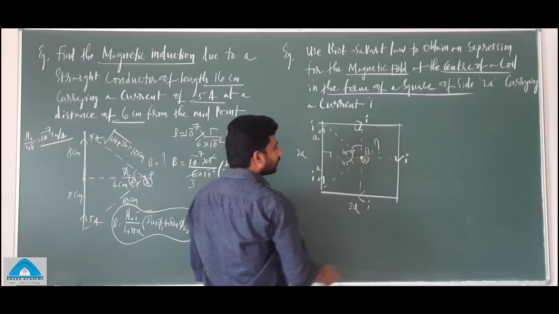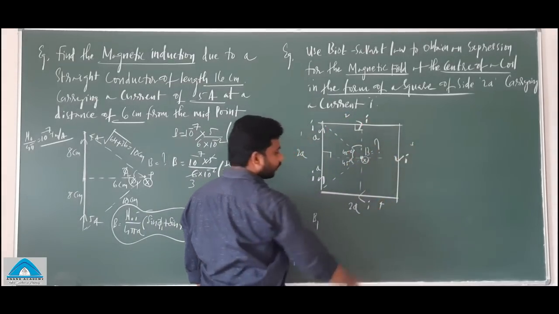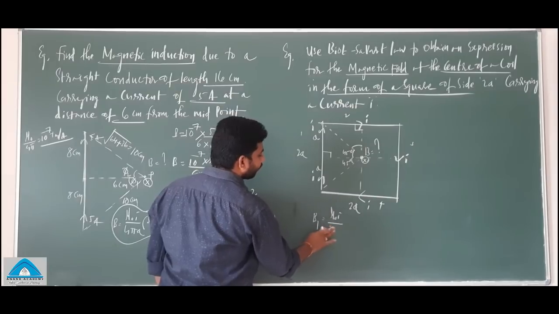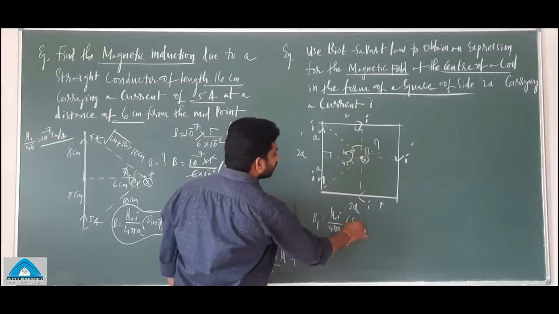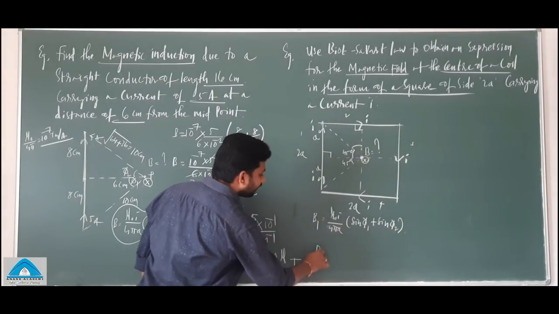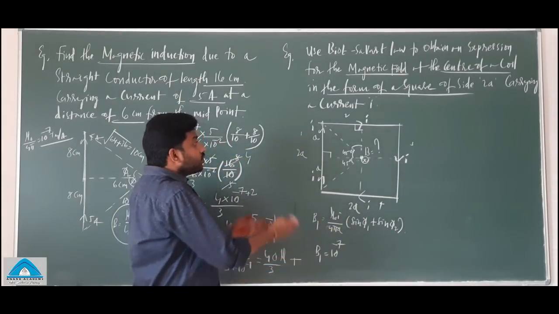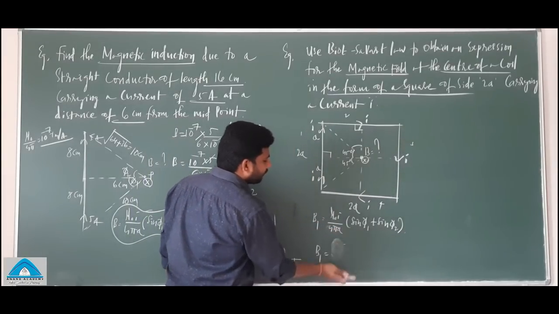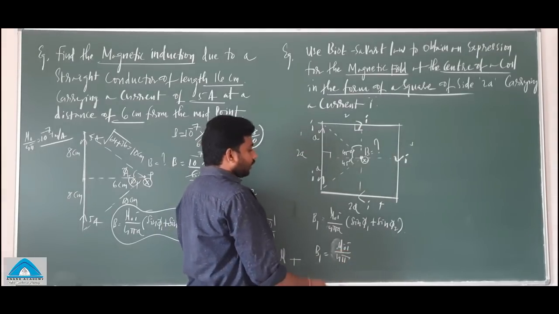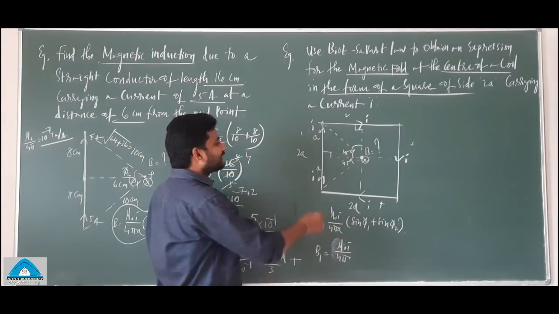Now, because of the first wire, the magnetic field, let me write it as B1. So first wire, second wire, third wire, and fourth wire. So B1 is equal to mu naught I by 4 pi A into sine phi 1 plus sine phi 2. So what is the B1 here? B1 is mu naught by 4 pi, 10 raised to minus 7, or no values they have mentioned, so we are also not mentioning any values. Mu naught I by 4 pi A. What is A here? A is the perpendicular distance from the wire to the point.